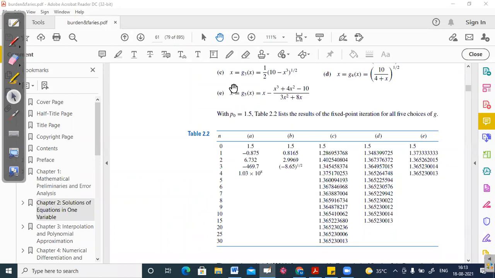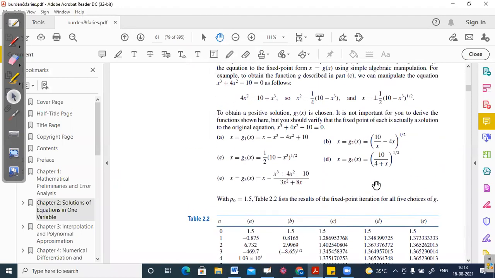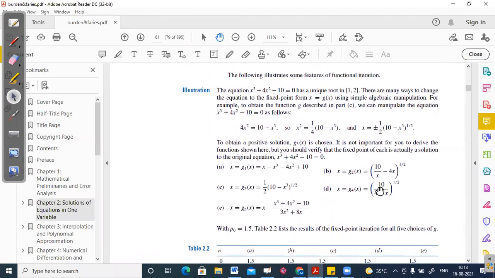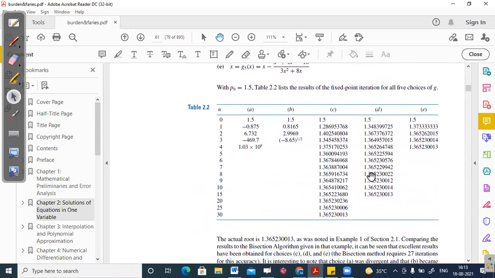So if I take this interval that we have already taken, this is also giving you the answer after 15 iterations. Actually the accuracy here they have taken is very high, because they are getting the approximation up to 2, 4, 6, 8 decimal places. But if you find the approximation up to 2 decimal places only, then I think in 4 or 5 iterations you are getting the answer.